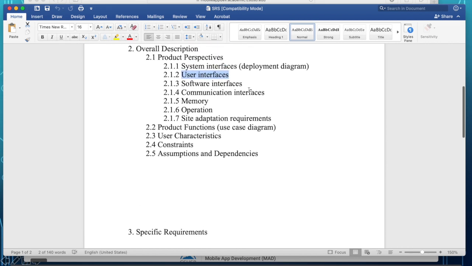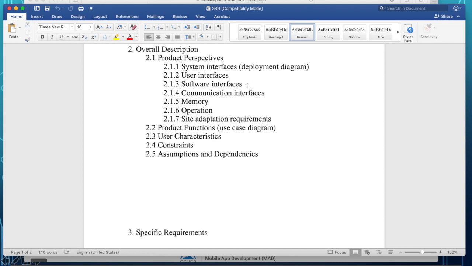What you will have here in the user interface are just the list of the names of these interfaces, and what they are going to provide for the user. So just the list of the user interfaces, no design of the screen. The UI design will be in section 3, specific requirements.